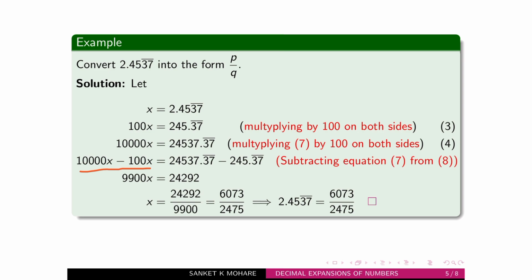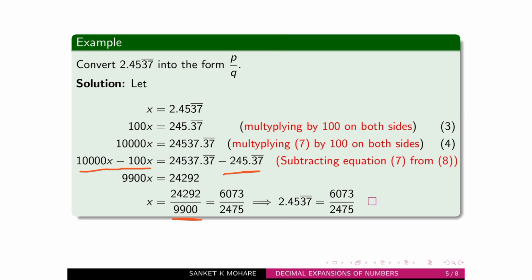24,537 point bar 37 minus 245 point bar 37, which is equal to 10,000 minus 100x, 9,900x, and this subtraction is equal to 24,292. So x is equal to 24,292 upon 9,900,